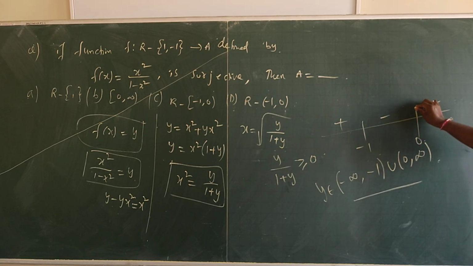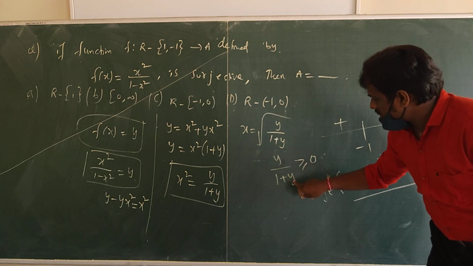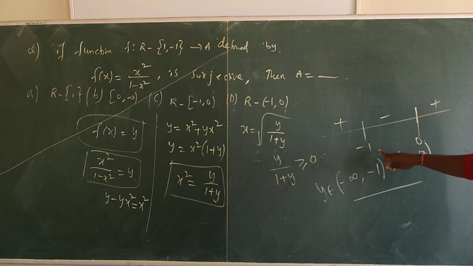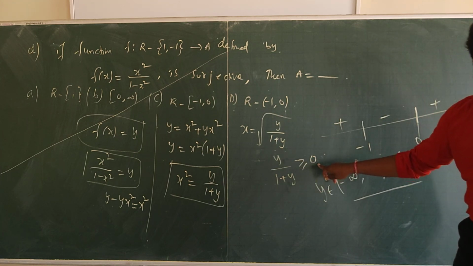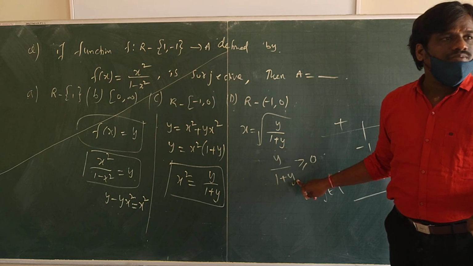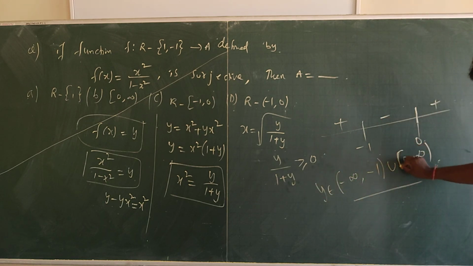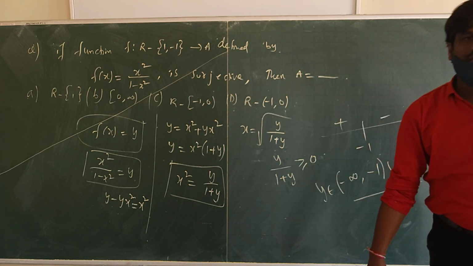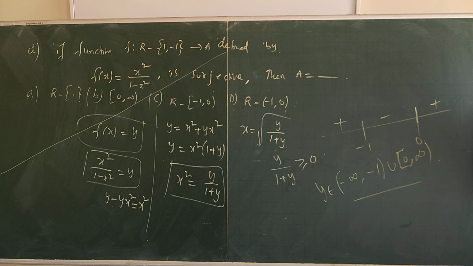इसमें 0 इंक्लूड हो सकता है, because if I keep 0 here, I get it satisfied. If I keep -1 it will not satisfy, but if I keep 0, yes it will be satisfied. 0 by 1 is 0, so 0 is included. Now you got the range, now check which option is correct. कौन सा करेक्ट है, बताओ.